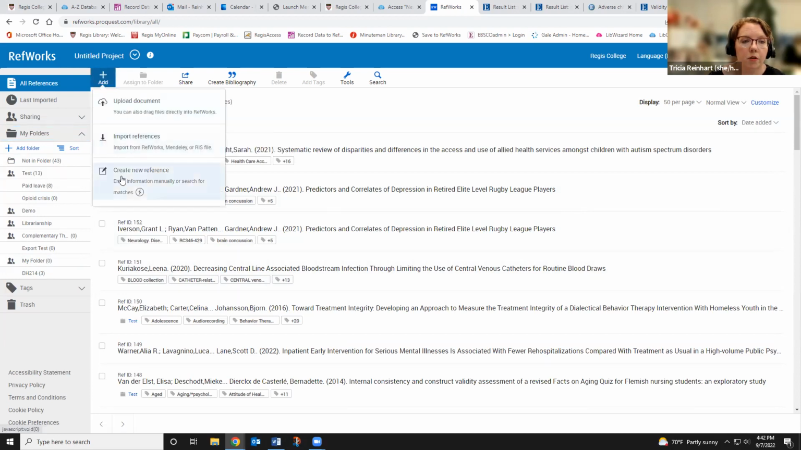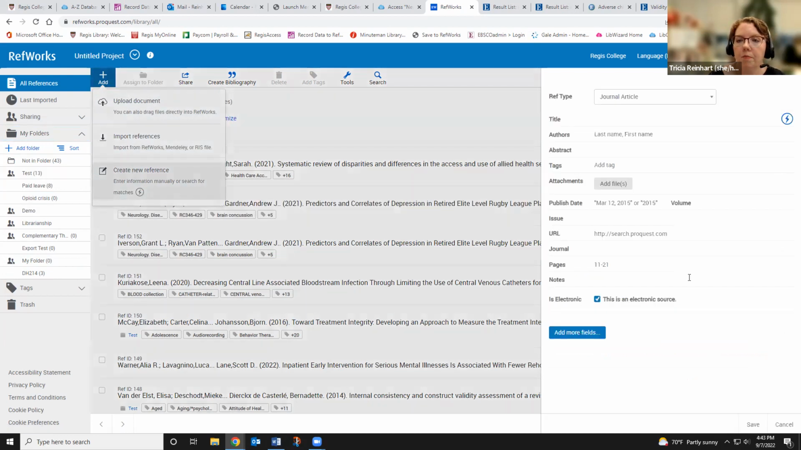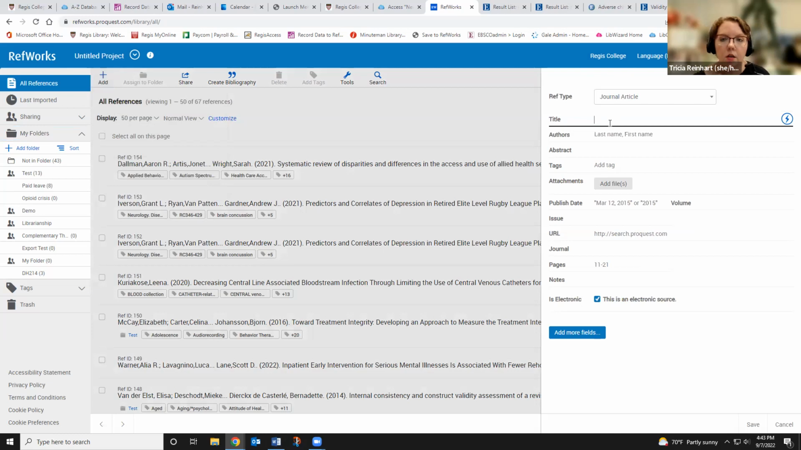You can import if you have a file, or you can create a new reference. Then it pulls up this new reference form here, and you just choose what type of reference type. Mostly it's journal articles, but you might have books or websites. And what you can do is type in,